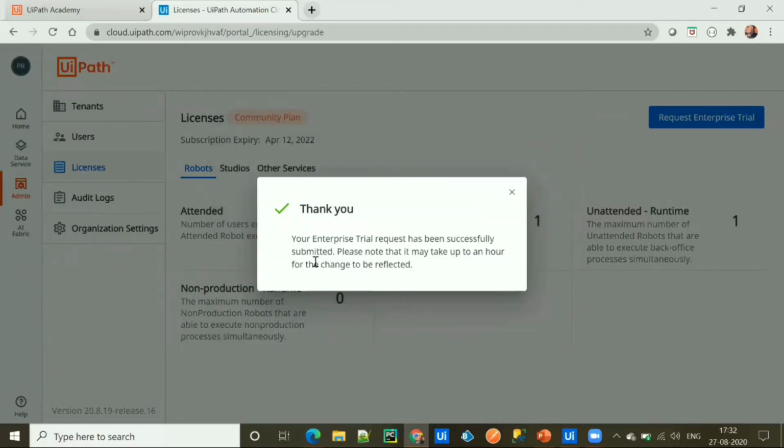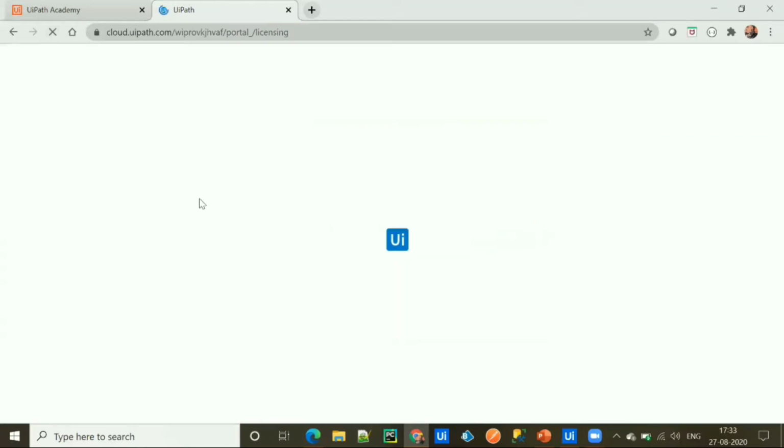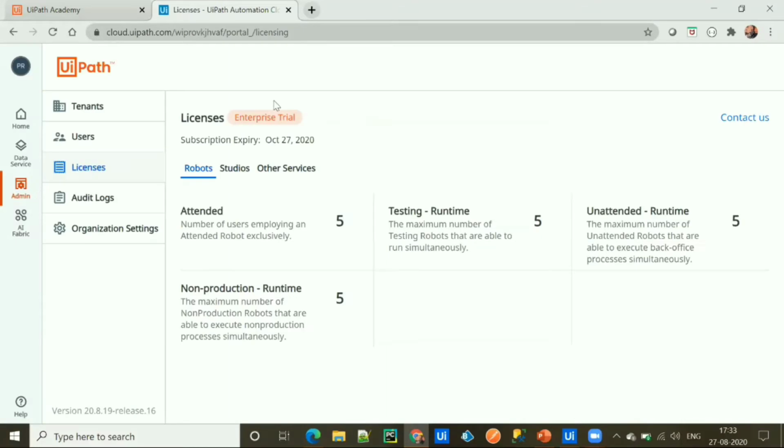After clicking, you'll see that our enterprise trial has been requested successfully. Once you refresh the page, you'll be able to see the enterprise trial under the license section.